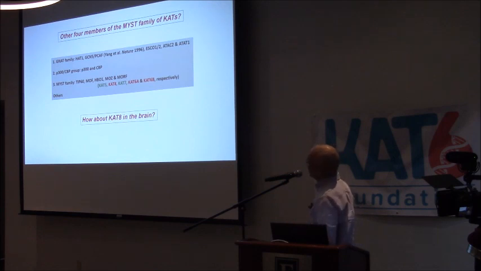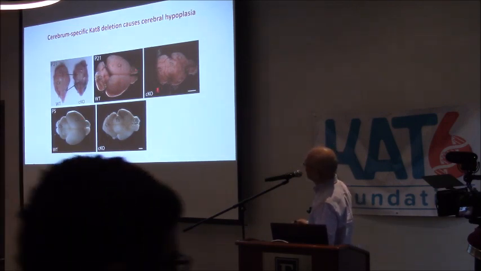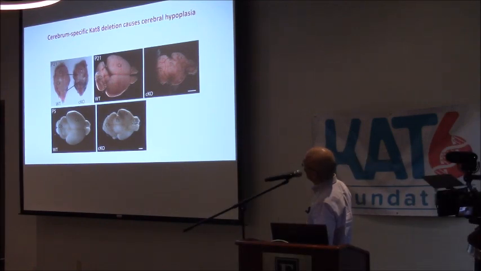So at that point, the question we asked was, because this is a family of enzymes, divided into 3 groups. This is the last group, which contains Cat5, 6A, 6B, Cat7, and Cat8. The obvious question is whether there are mutations in those other genes. And for the rest of the talk, I will focus on this one, Cat8. So basically, we did a knockout, and actually the phenotype is even more striking in mice. This is a control, at 5 days after birth, and this is the cerebellum.